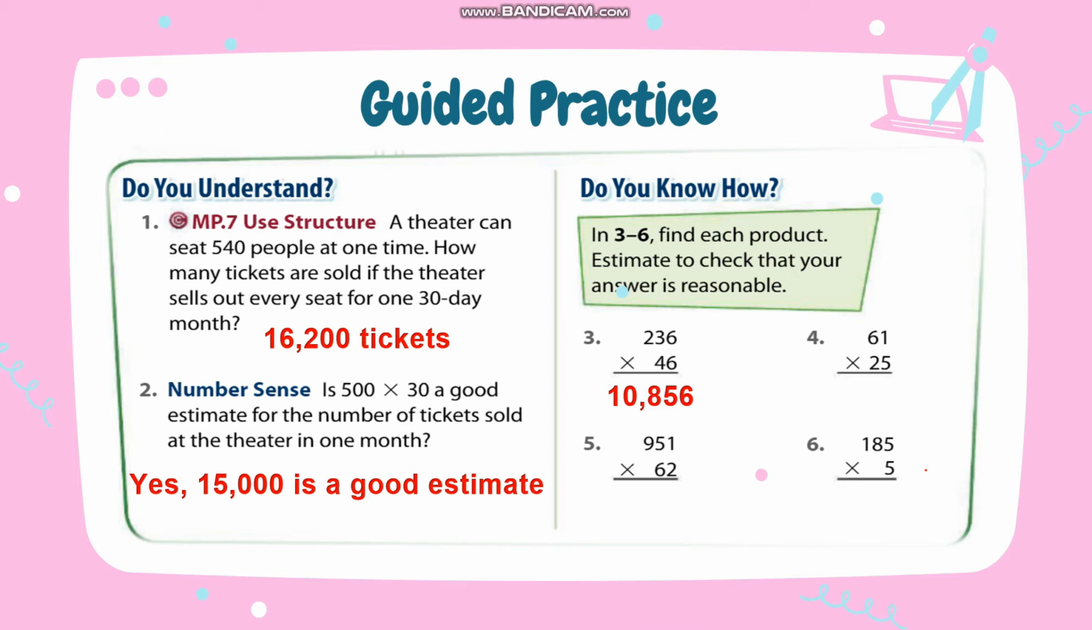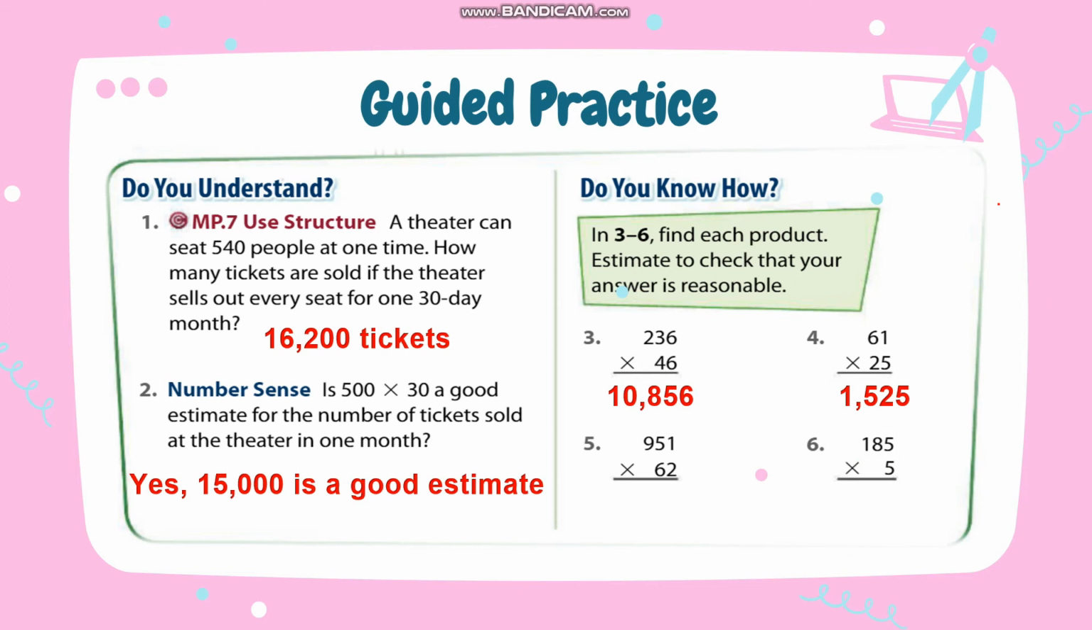10,856 is the correct answer for number 3. For number 4, 5 times 1 is 5. 5 times 6 is 30. Then I need to put 0 before multiplying the second digit. 2 times 1 is 2. 2 times 6 is 12. So I'm going to add. This becomes 5, 2, 5, and 1. So the answer is